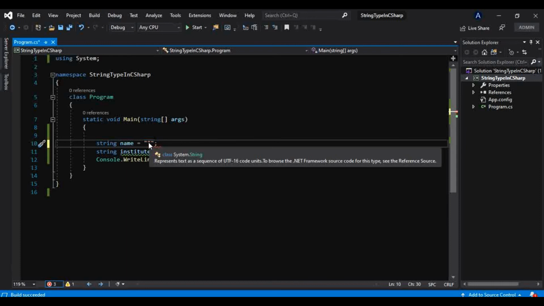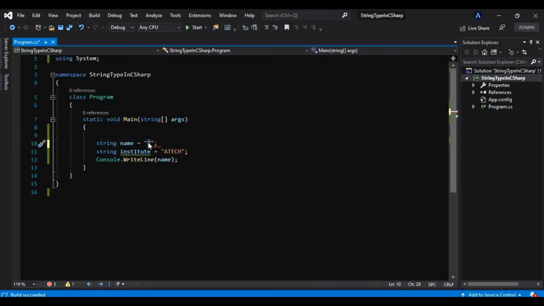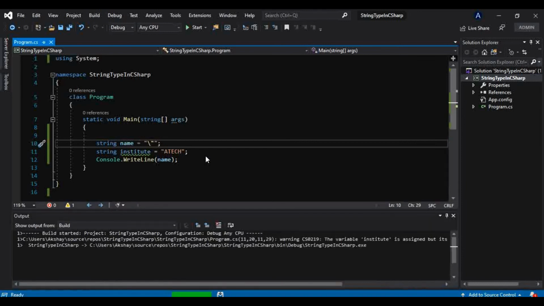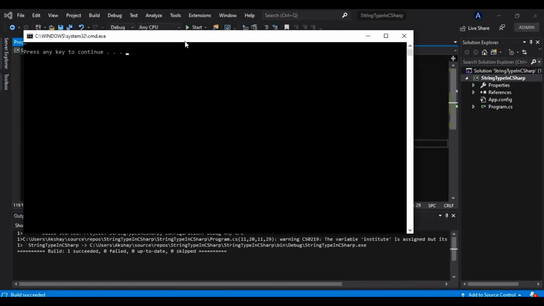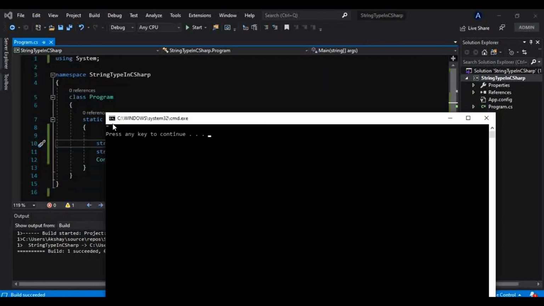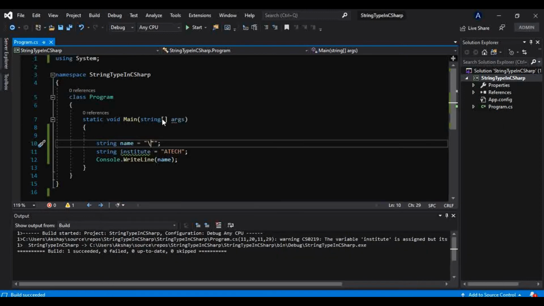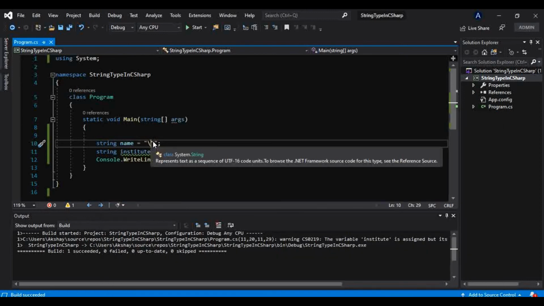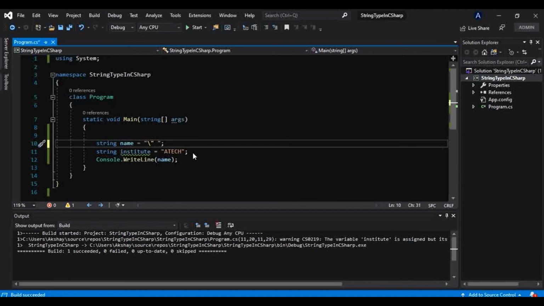So you cannot put a double inverted comma inside the double inverted commas of a string. If you want to print it, you can escape it with this escape sequence, and like that you can print it onto the console. It is printing that double inverted comma. We will have another example of this. Let me give a name, something like Akshay, and I want the double inverted comma to be printed on the console as well.